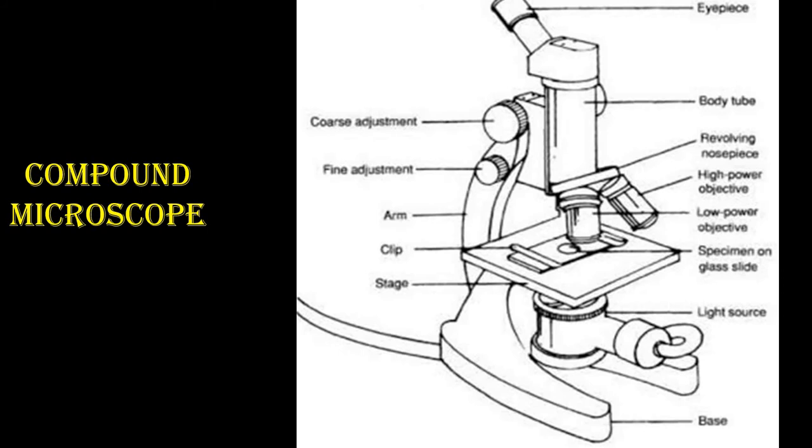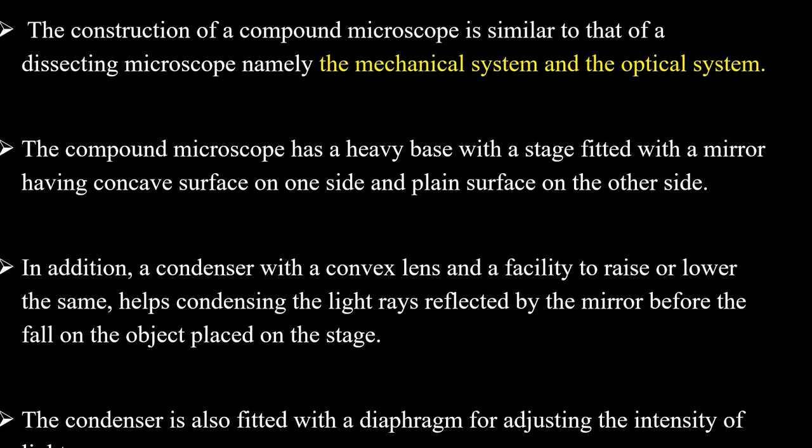tube, at one end of which the eyepiece is there, and at the lower end near the object or the stage of the microscope the lower power objectives are there with a revolving nosepiece. Low and high power objectives are attached. The construction of the compound microscope is similar to that of a dissecting microscope, namely the mechanical system